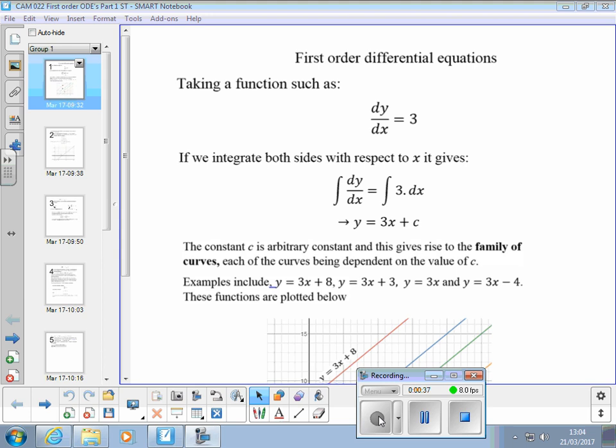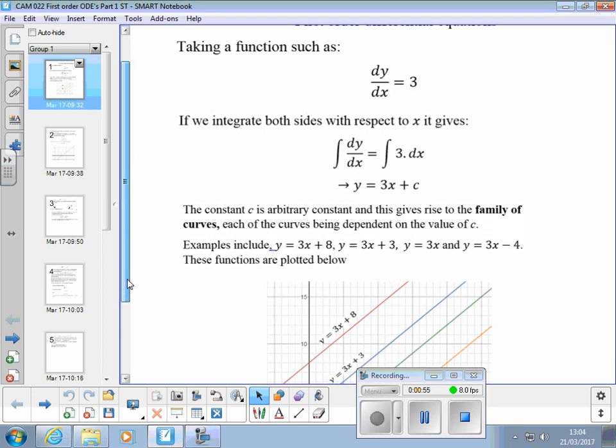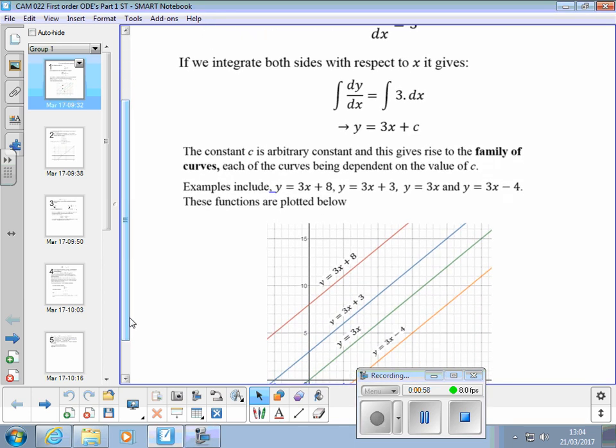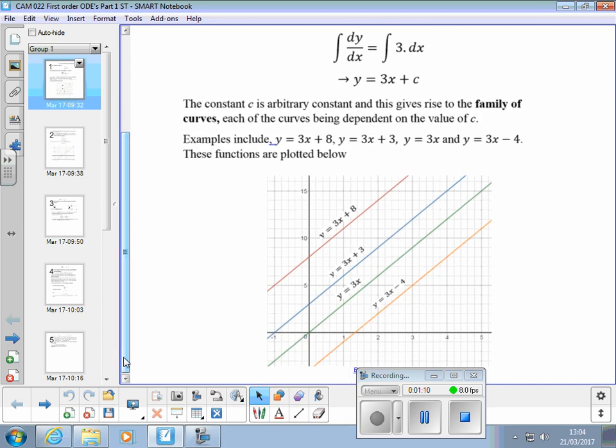You all know that. We've done enough work on it now. The constant c is an arbitrary constant and gives rise to the family of curves. Each of the curves, in this case they're straight lines, but we'd still call them a family of curves, being dependent on the value of c. So examples would include y equals 3x plus 8, y equals 3x plus 3, y equals 3x, and y equals 3x minus 4 are examples of the infinite number of curves that could satisfy that equation. And there are those 4 of them graphed. Okay? So,